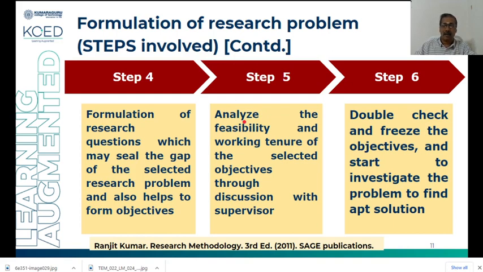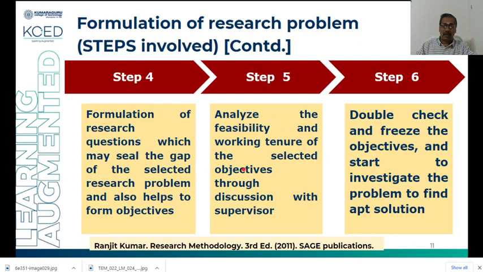That is very important. We should not fix multiple objectives. I am seeing students framing some 10 objectives for a 3 month study period. That is not right. You have to fix one objective for a month. If you fix one objective per month, for 3 months it could be three objectives. Only three objectives are possible. How can we do 10 objectives? So after framing research objectives, you have to analyze whether that can be done within a stipulated time period. That is very important.